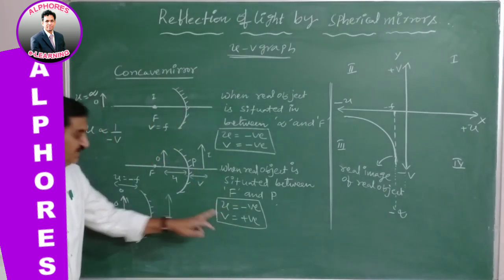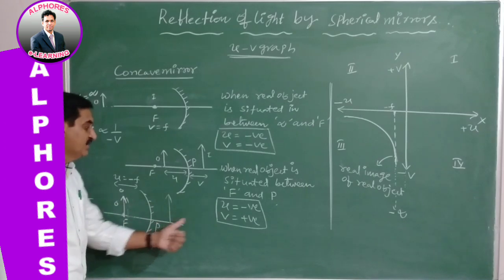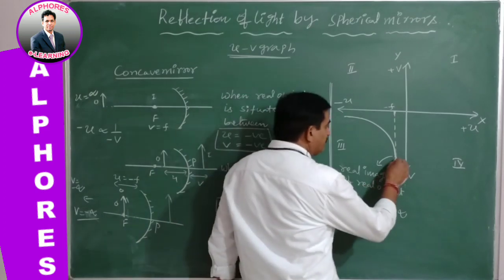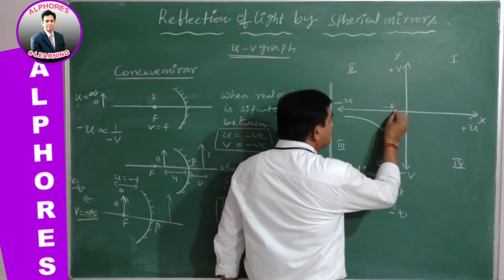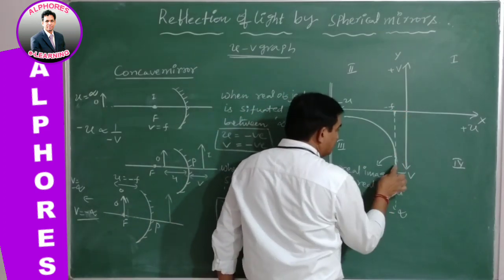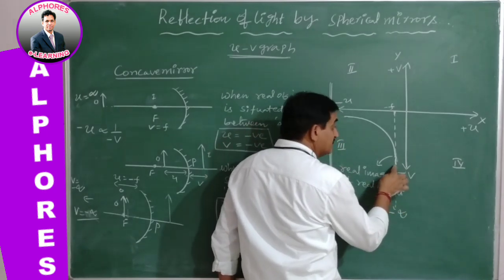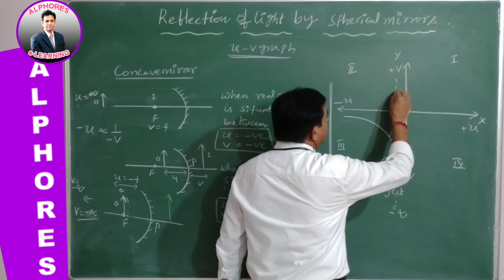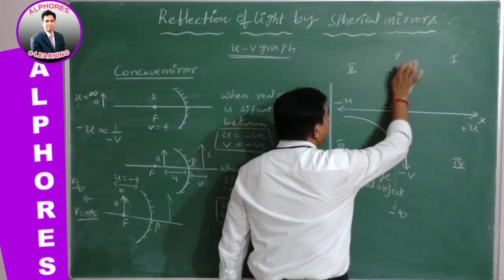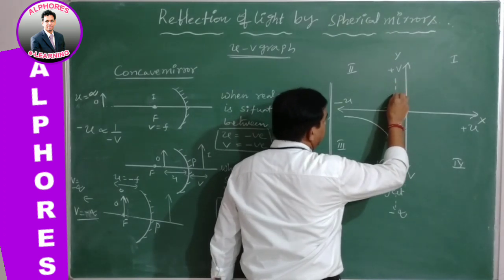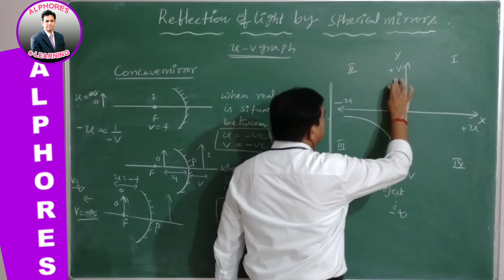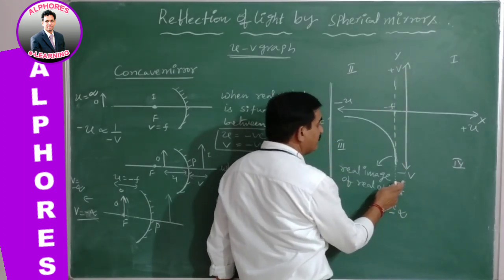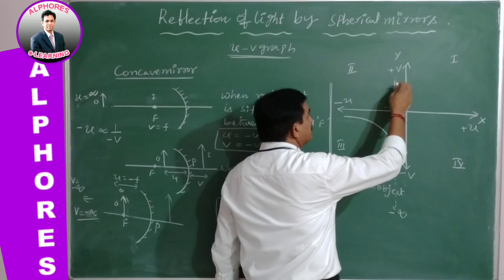So the image suddenly changes its sign abruptly, becoming a positive value. Therefore, this curve is for when the object distance is just below the focus point. The infinity image, which is real, suddenly converts into virtual. Therefore V becomes positive. When V becomes positive, this graph gives a discontinuous graph, and it starts from where? Here, instead of the negative sign of V, it starts with the positive sign of V.